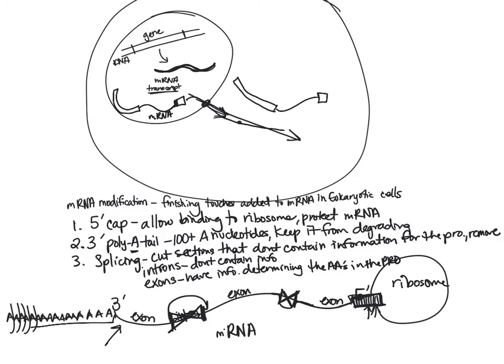And now that it's in the cytosol, it can meet up with a ribosome, which is much bigger now. Either a free-floating ribosome, remember, or a ribosome on the rough endoplasmic reticulum. And then we're going to go through the process of translation to turn it into individual amino acids attached to each other, which is the polypeptide. So that summarizes this part.